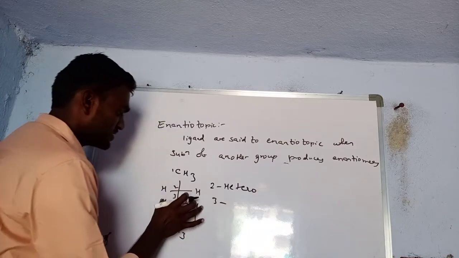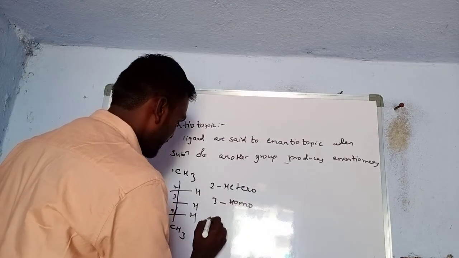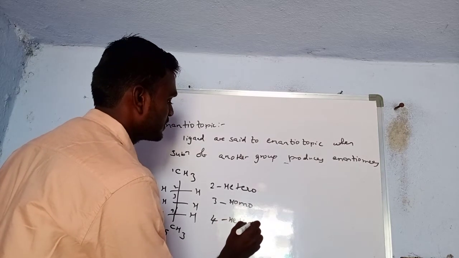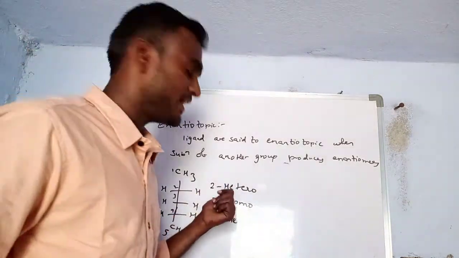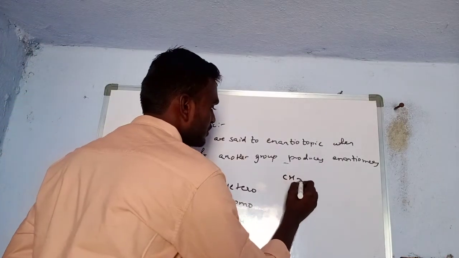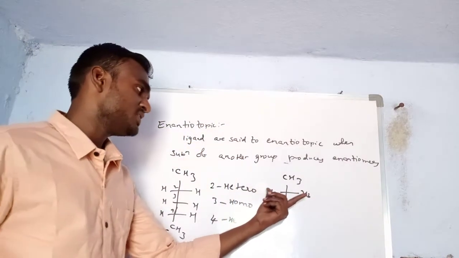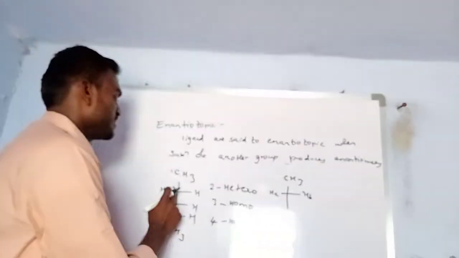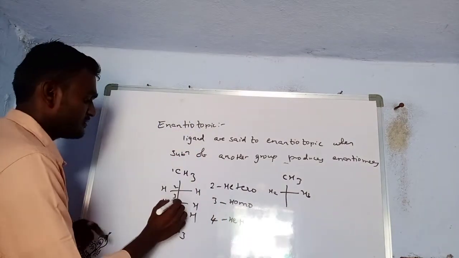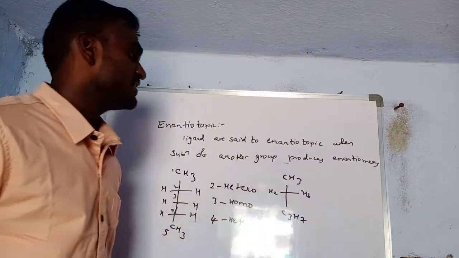The hydrogens which are present on the third carbon are homotopic, and the ligands present on the fourth carbon are also heterotopic. Let's see how these are heterotopic and homotopic. The molecule will be like this. Let us label HA and HB for the hydrogens present on the second position. This group, C3H7, I will simply take as C3H7.